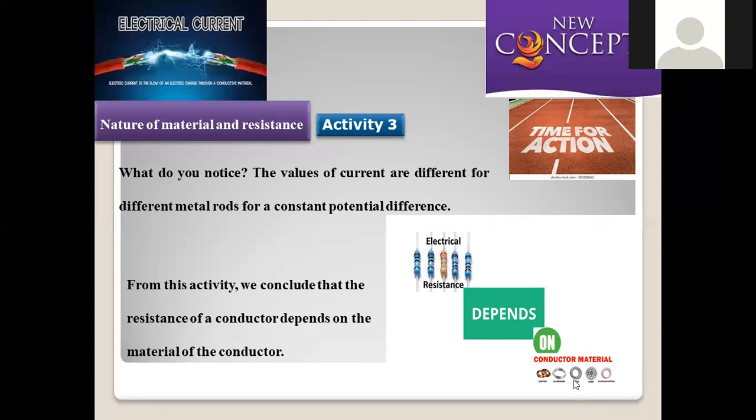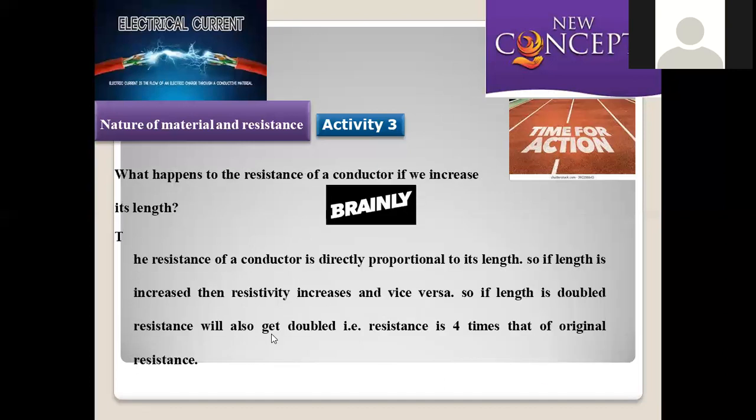Electrical resistance purely depends upon the conducting material we choose. From this activity, we conclude that the resistance of a conductor depends upon the material of the conductor chosen. If you take copper, the extent of conduction will be large. For iron, the extent is comparatively somewhat less. Aluminum steel will be less when compared to iron. In this manner, the extent of conduction depends purely on the nature of the material chosen.